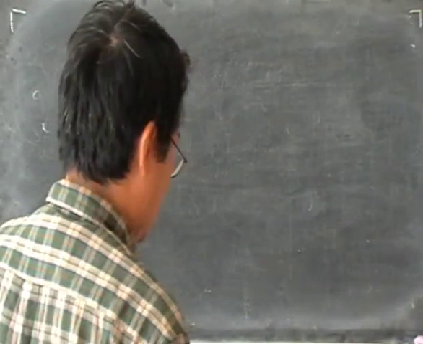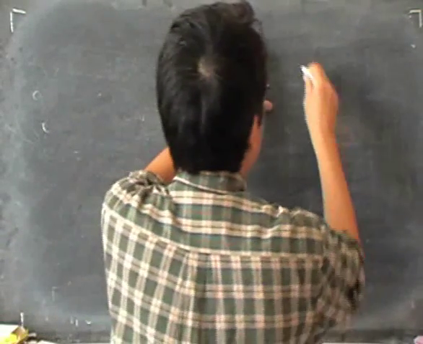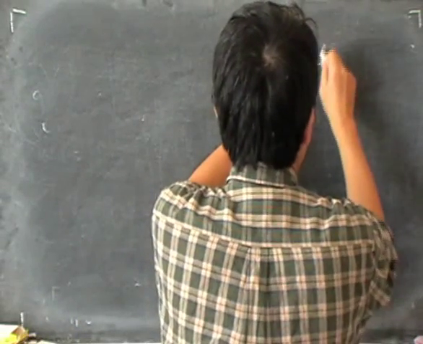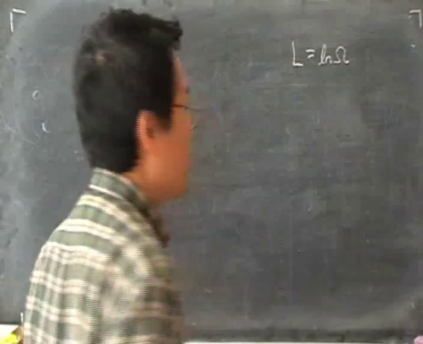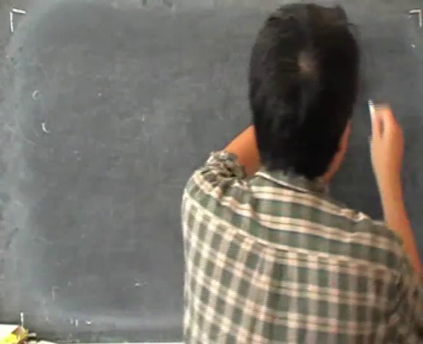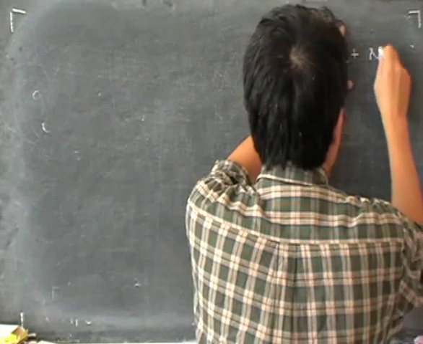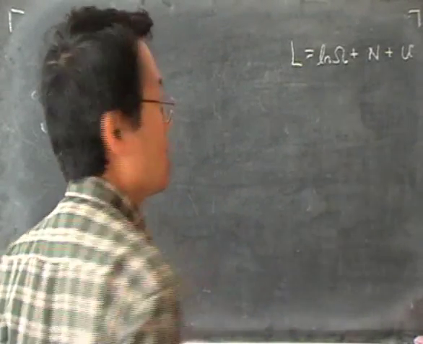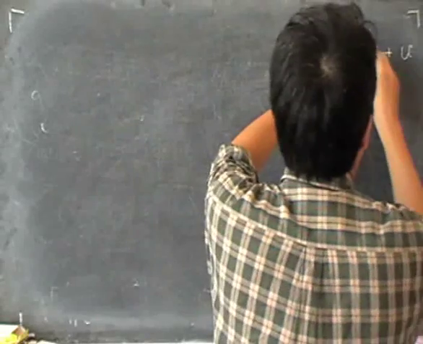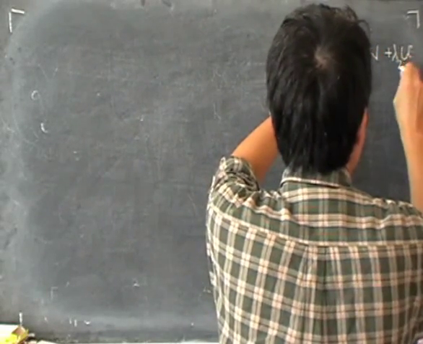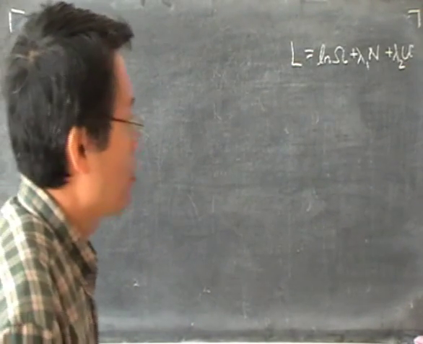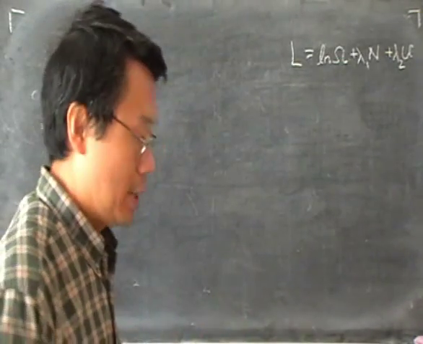So let me just write down where we are heading. We are going to obtain an expression for the Lagrange function. And the Lagrange function that we have seen has a log omega for the number of arrangements, plus terms to constrain the number of particles and the total energy. Now, in the case of phonons, actually,